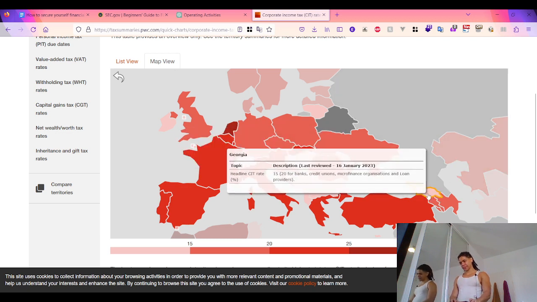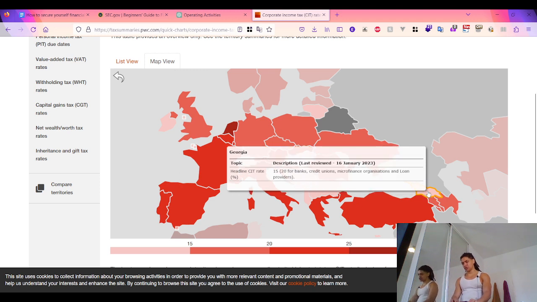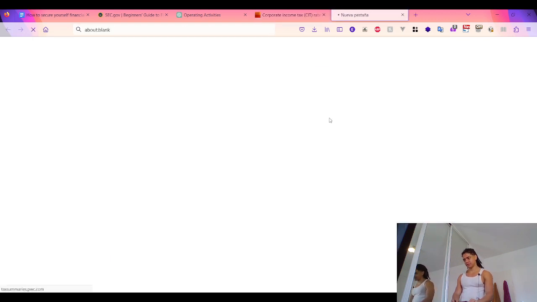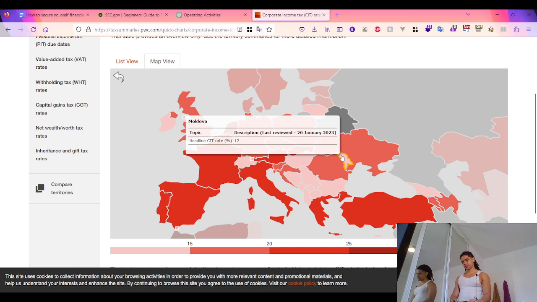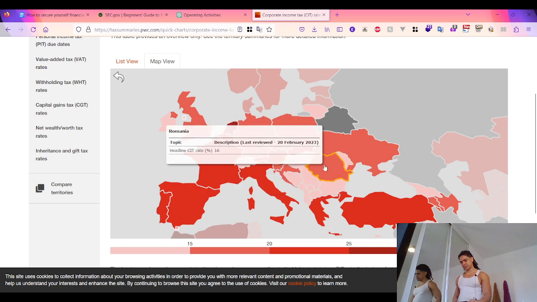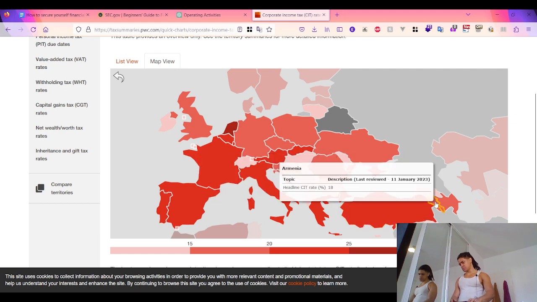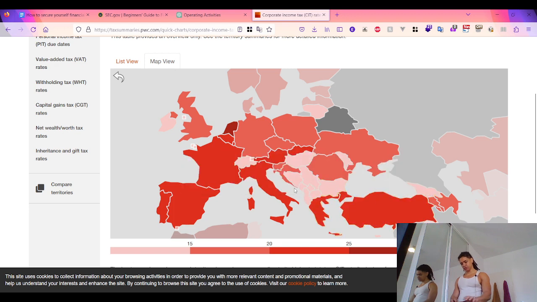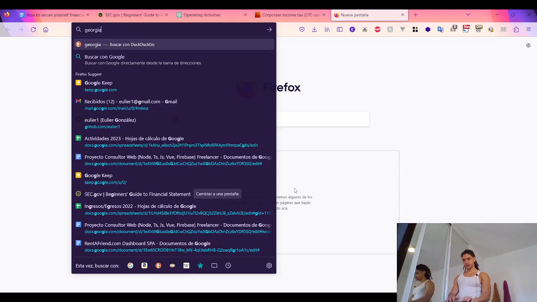Georgia, 50%, 20% for banks, credit unions, microfinance organizations, and loan providers. Georgia or Romania? Moldova and Romania. Does Romania belong to Europe, or Georgia? Georgia belongs to